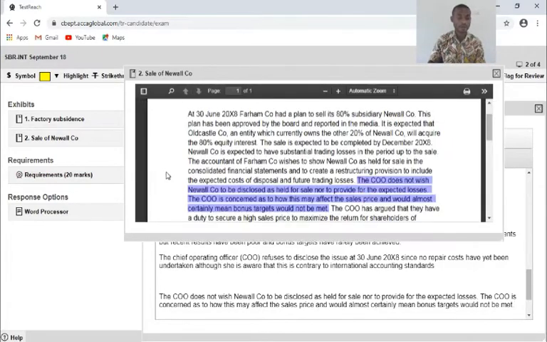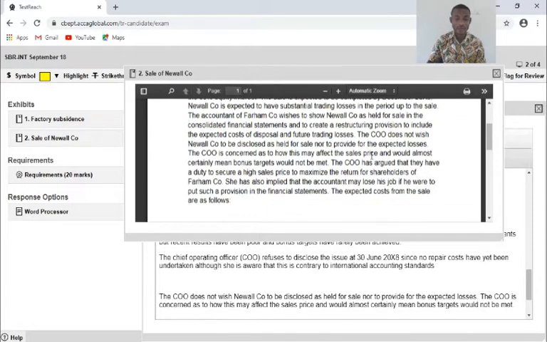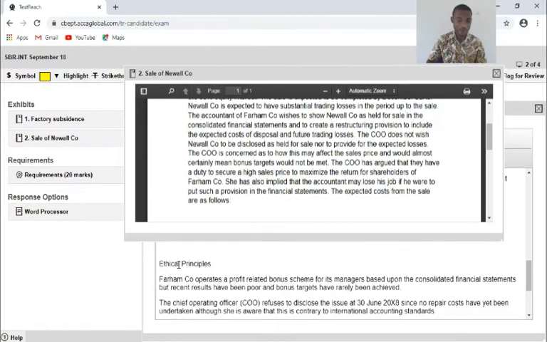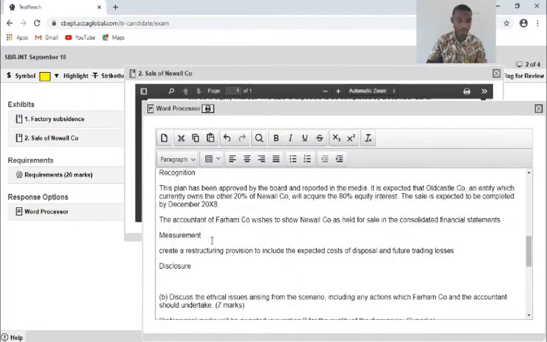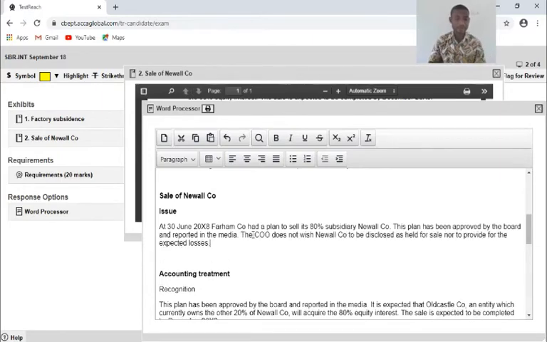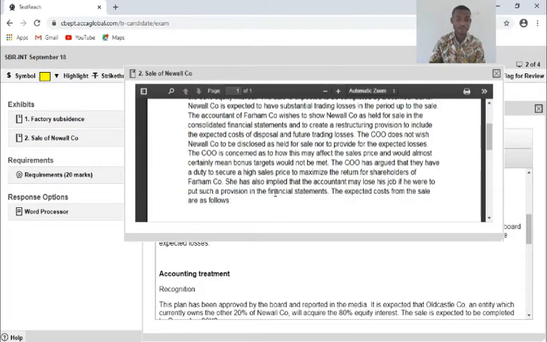So I'll go back, look at it. And even to look at this, I can copy just a portion of this one, say that it is part of the accounting issue. So I'll go up here and put it here, fleshing up the issue, because it's a disclosure issue and a measurement problem. Come back to it and continue reading.